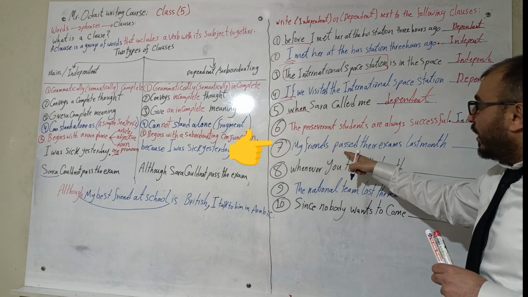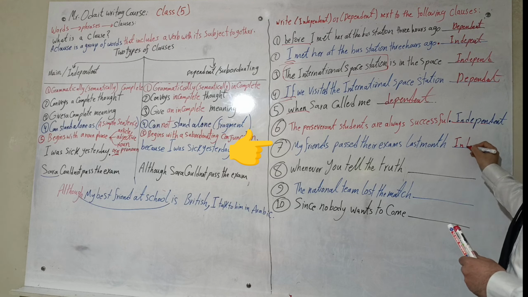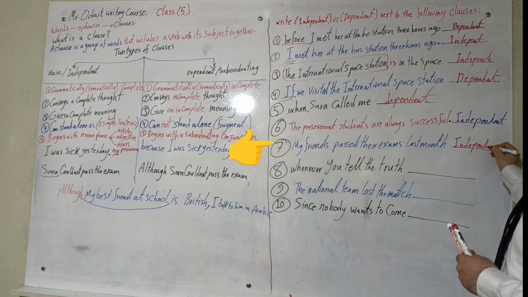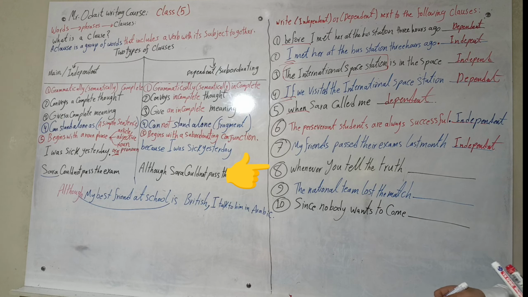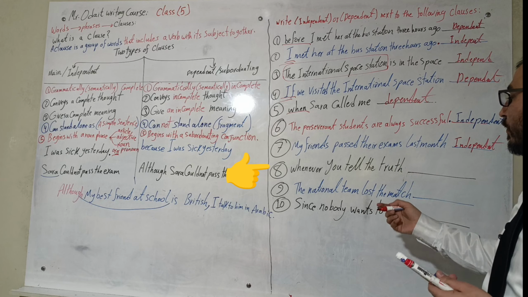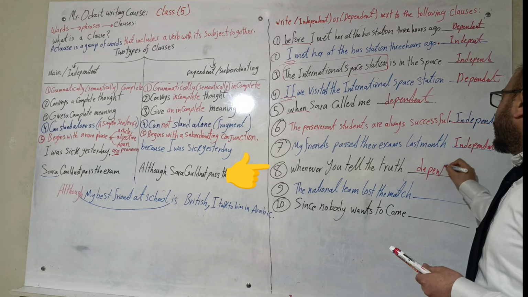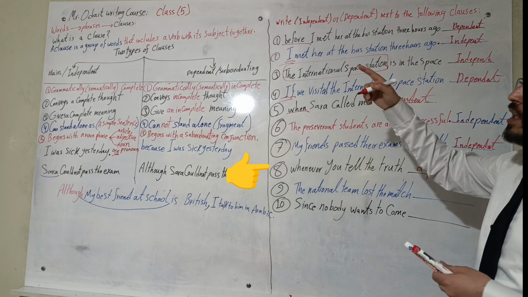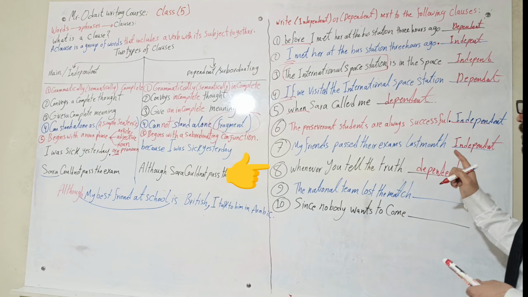I say my friends passed their exam last month, and also this is an independent clause. Whenever you tell the truth, for example, whenever you tell the truth, I will help you. I need here extra or further information. That's why I say this is a dependent clause or subordinating clause, or I prefer to call it a fragment mistake,